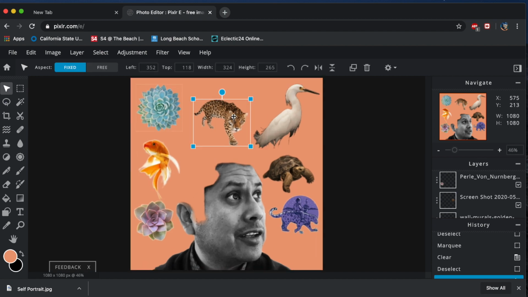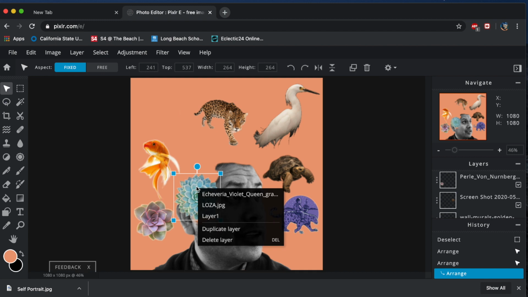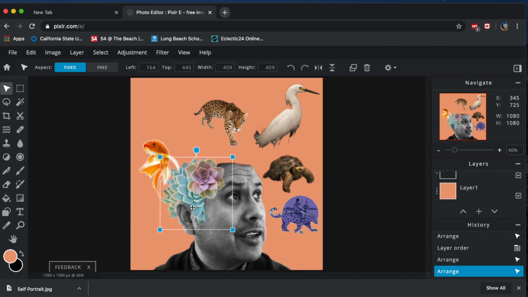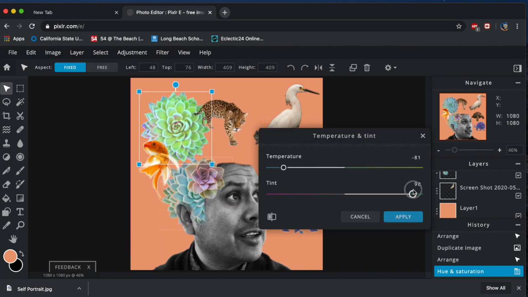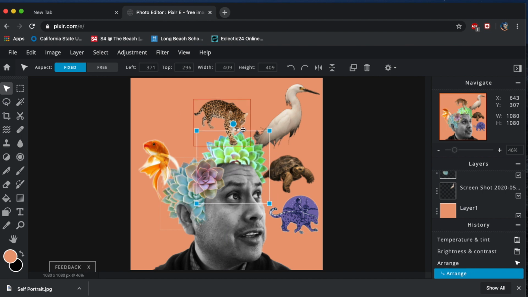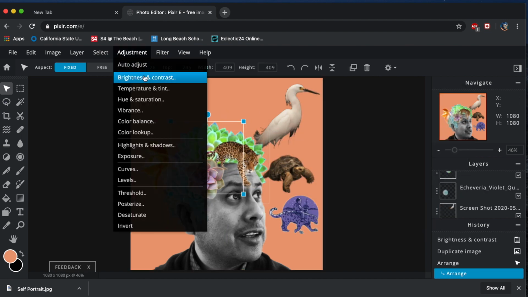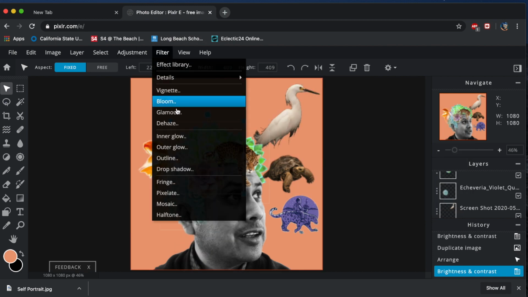Alright, so at this point I got all my images that I'm going to be using. This is the fun part where you can actually start to mess around and arrange all the images that you selected. You can duplicate, you can adjust the colors to change them up and make them different from one another even though you're using the same image. Take time to mess around with scale. This can create a nice and interesting composition,